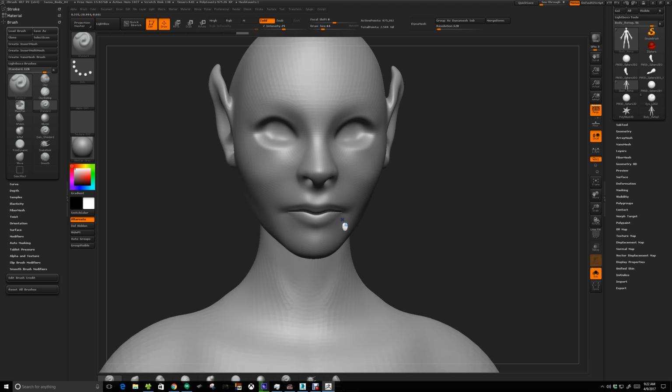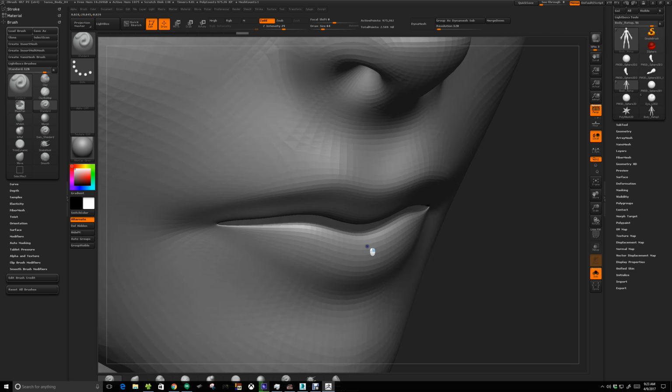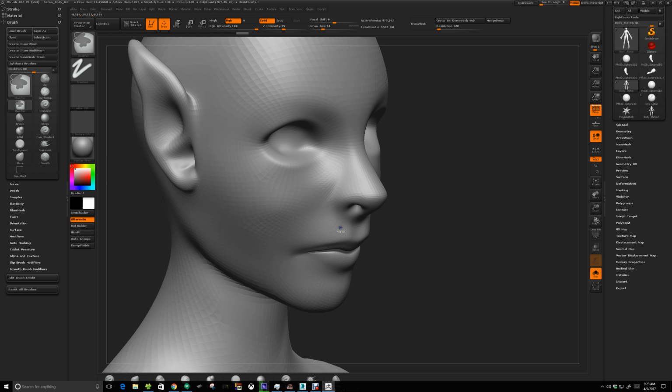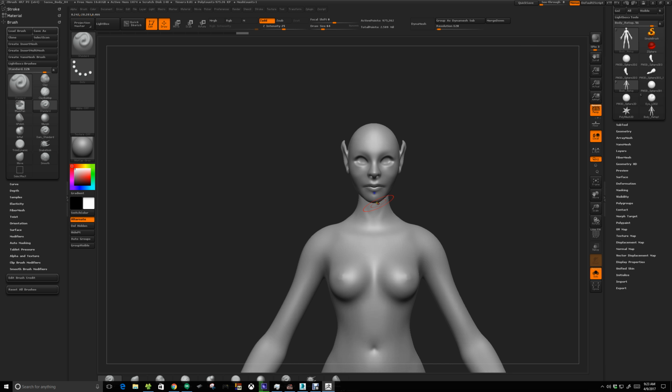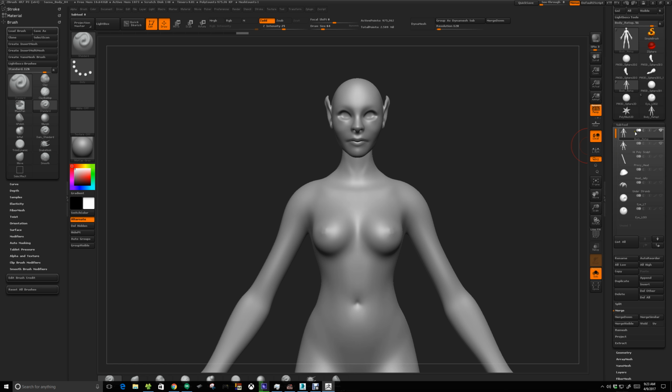So if I turn off polyframe, you can sort of see this. The mouth cavity is masked off. You can see the line where the mask stops here. So I wanted to perform just like that. So now that we have that blocked off, I'm going to go back into Subtool